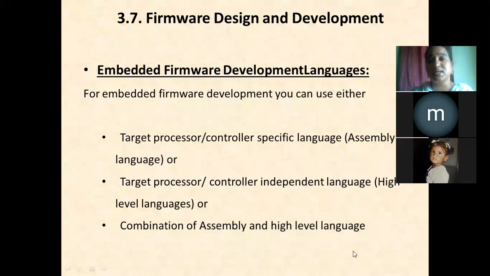Remember, processor dependent language, assembly level language, and low level language are the same. Either assembly level language or low level language, or processor specific or processor dependent language, is the same. And the third is the combination of both.